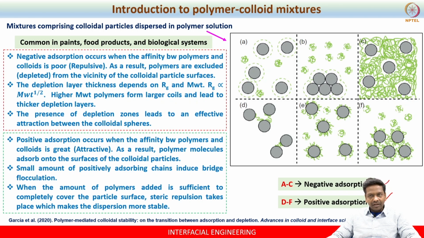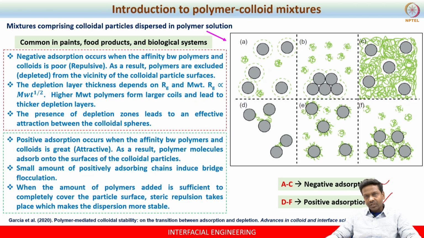First, they generate a depletion layer. Okay. So depletion layer means a certain volume will not be accessible by the polymer molecule. For example, because they don't share a great affinity around the particle surface, these molecules cannot freely move around, because they share very poor affinity. So in such a scenario, you can expect that the polymer molecules will create a depletion layer from the vicinity of the particle surface.